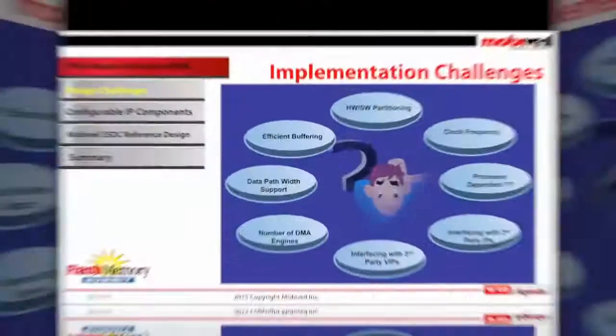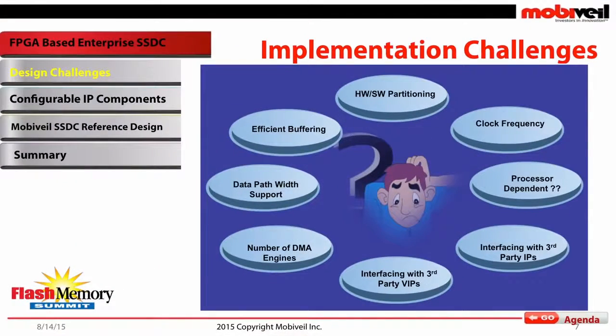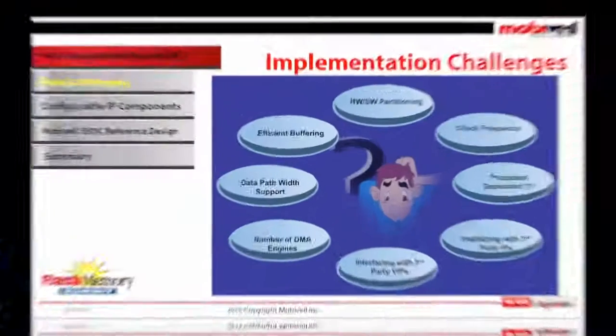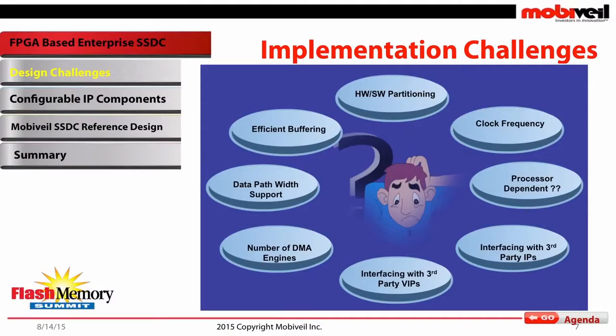And of course, you want it to be as much processor independent, and architecturally, you should be able to port it to a particular device which may or may not be using even ARM. This is a challenge. You want to keep the processor independence in your overall reference design. And of course, because you are moving across FPGA families, you want to make sure that some of the files which are already there in the device, you are able to use them, you are able to interoperate them, and you are able to pass the compliance and certification requirements.